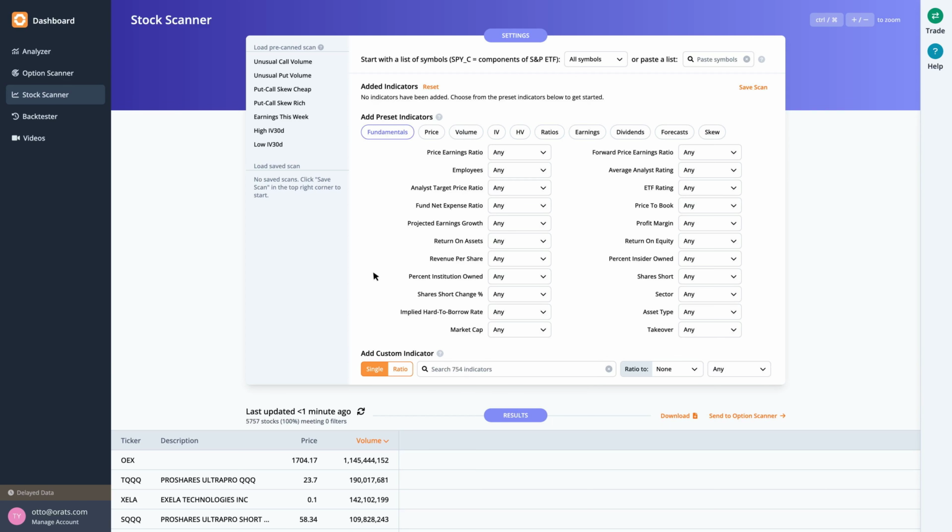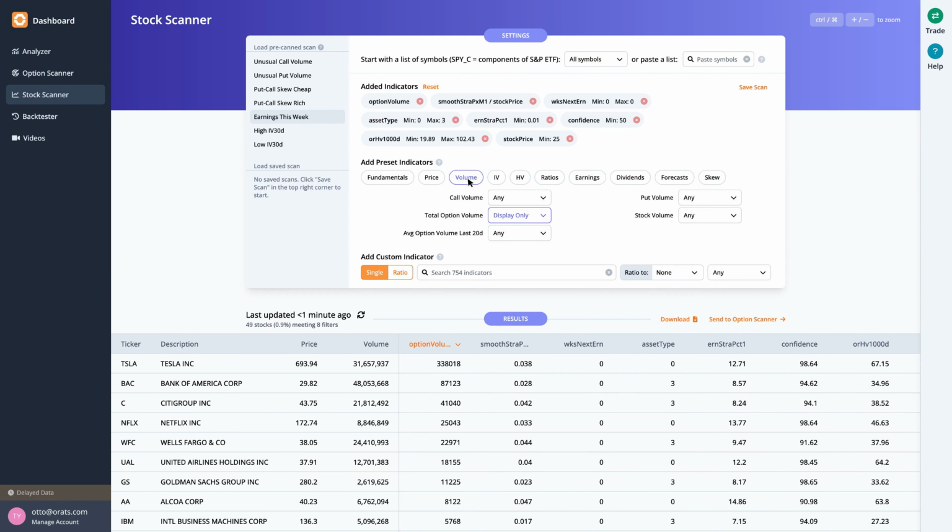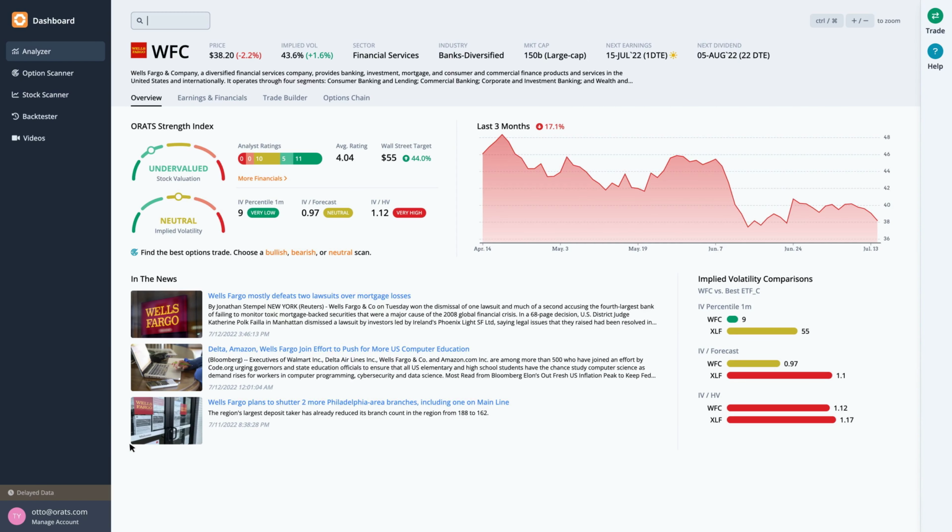Welcome to the ORATS earnings report, where we scan for companies with upcoming earnings announcements, check out historical earnings information, and find a potential options trade. Let's start by running a scan on stocks reporting earnings this week, which includes the total option volume indicator, sorted from greatest to least. Focusing on Wells Fargo, as we click through,